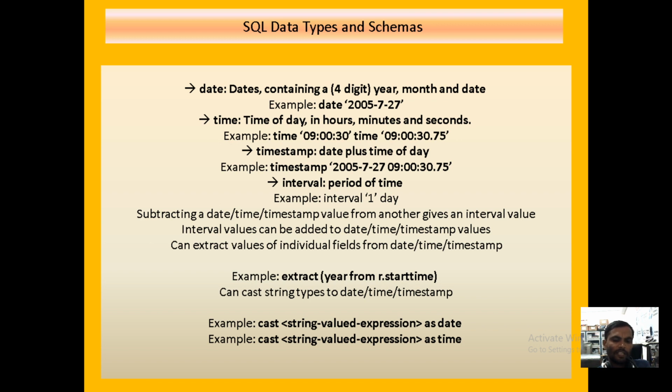For the particular data type of the attribute, if you want to derive the date, for example the employee date, we have derived attributes under the SQL data types. If you want to extract the year, date and month of the employee date, we use extract year from starting time.